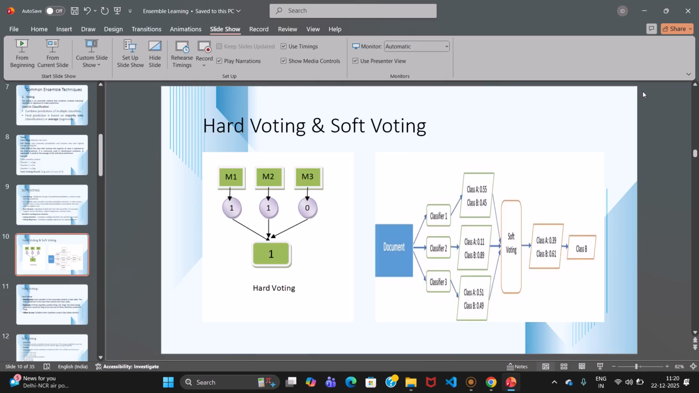So hard voting, again I have three different models. I'll be combining them using the ensemble techniques, and depending upon the majority, I will be going in for the predictions. So in case of